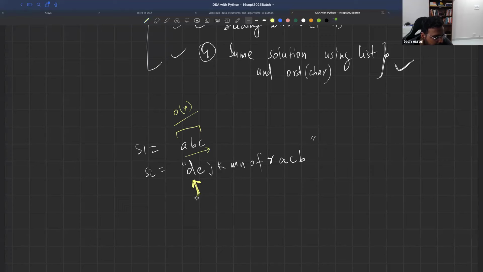इसको स्कैन करके आप चेक करोगे कि D है कि नहीं, वो अपने आप में O ऑफ N हो गया। फिर आप बोलोगे कि सर नहीं, हम इसको एक सेट बना लेंगे तो कंपैरिजन करने में O of 1 पड़ जाएगा, तो आप डिक्शनरी में ऐड करोगे वो भी O of 1 ही पड़ेगा, तो उससे फायदा क्या होगा, ऐड ही कर लो डिक्शनरी में।